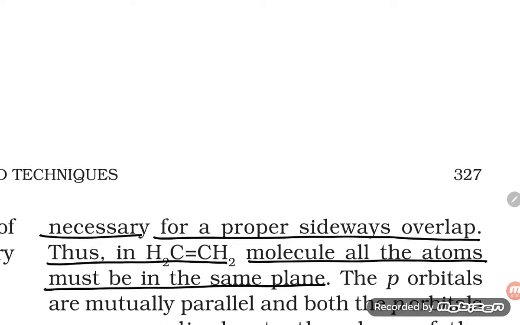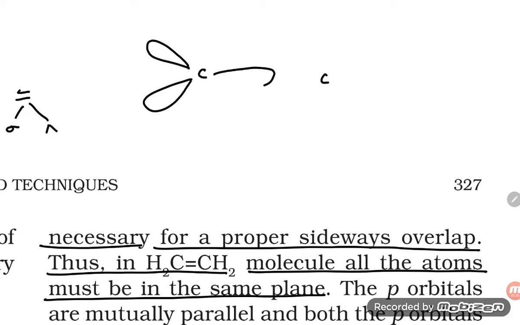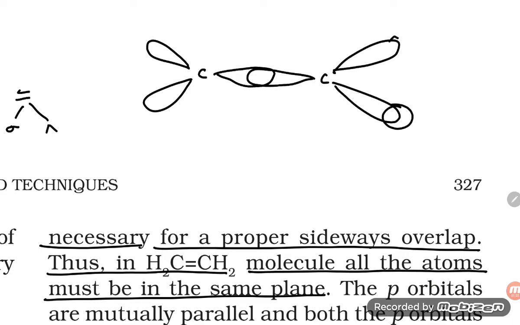How is the structure of CH2=CH2? Let us have 1 and 2. Each double bond, consider, is made up of one sigma bond and one pi bond. And two hydrogens are there on each carbon. So see, the double bond is sp2. Here is how the structure is formed: these are the hydrogens, here is hydrogen, so two hydrogens are like that.